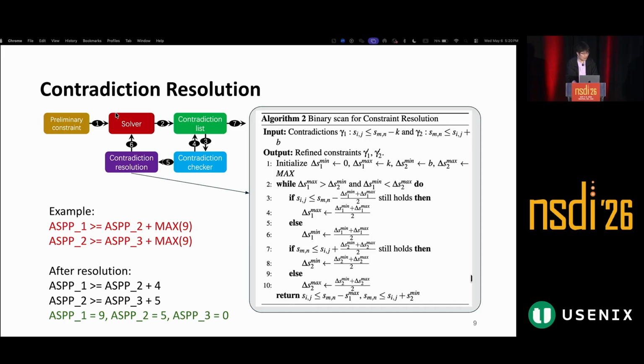So after the binary scan, we can find this resolution that tightens these parameters in this configuration to be 4 and 5, so that in that case, we can find a config like ASPP 1 equals 9, 2 equals 5, and 3 equals 0 to satisfy these two clients to reach their optimal size simultaneously.